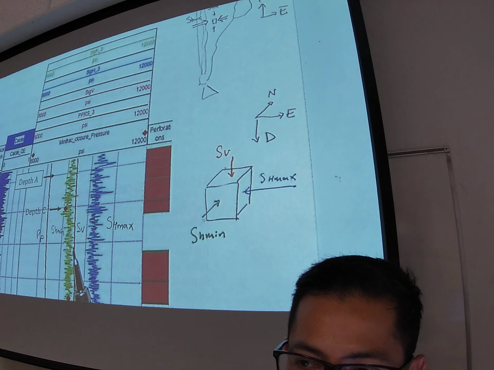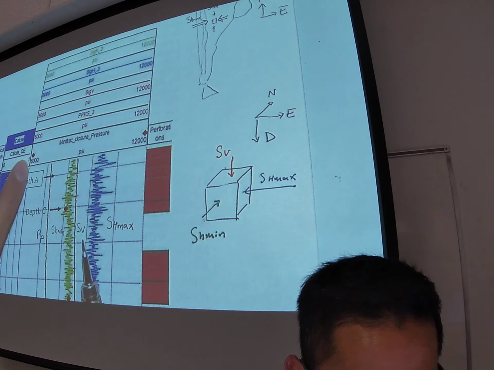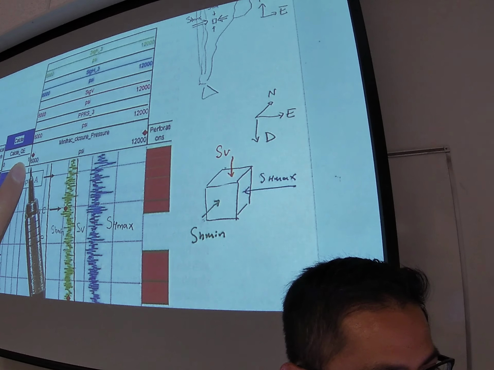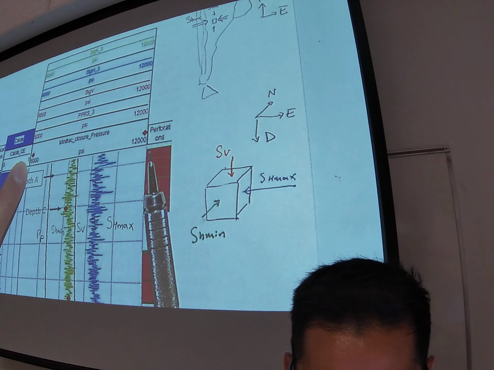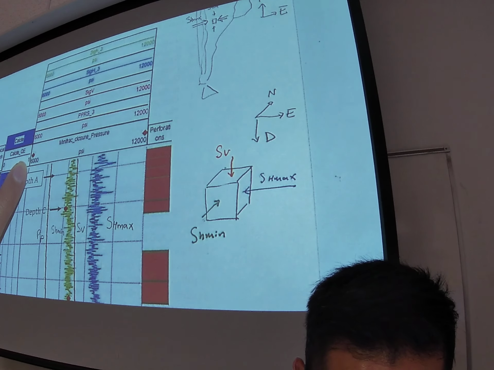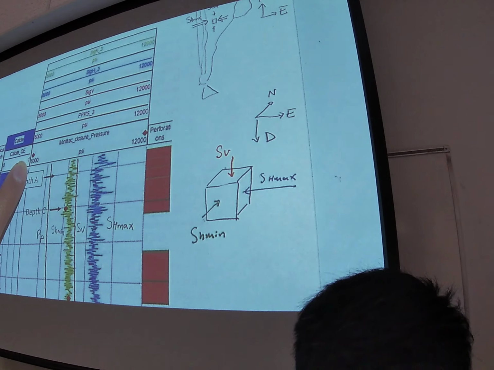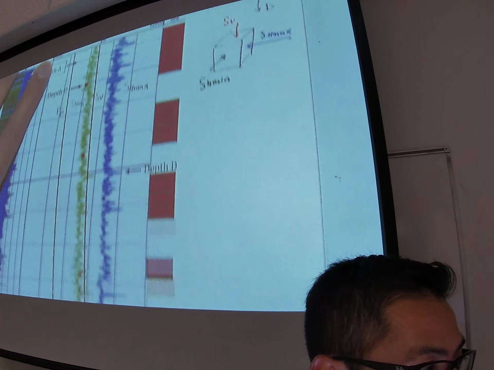We do have numerical values. For example, in this track, this is 6,000 and this is 12,000. So I know, for example, that at this particular depth over here,